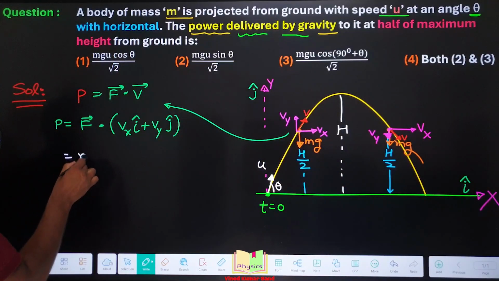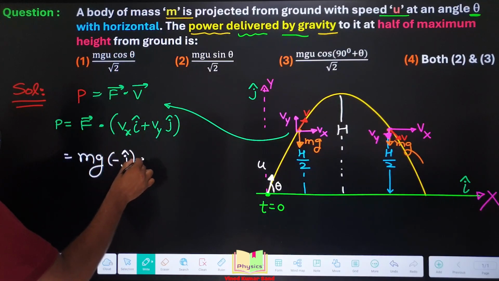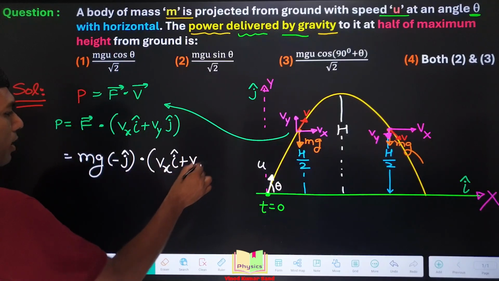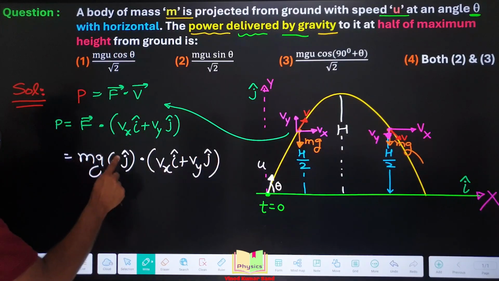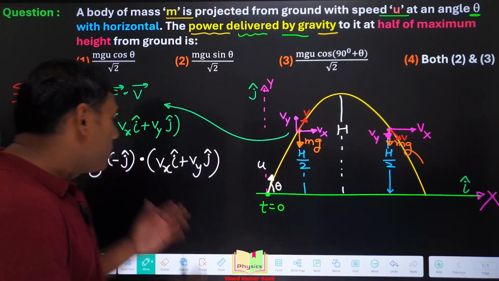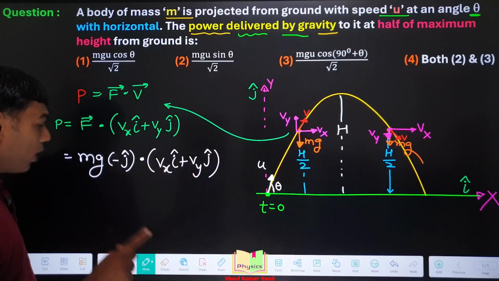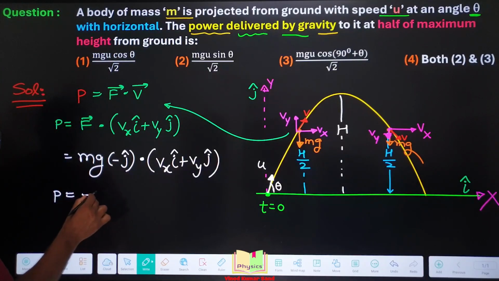So writing here mg minus j cap dot Vx i cap plus Vy j cap. Everyone knows j cap dot i cap is 0, so this term vanishes. j cap dot j cap becomes 1 and here is a negative sign. So computation of this power would be minus